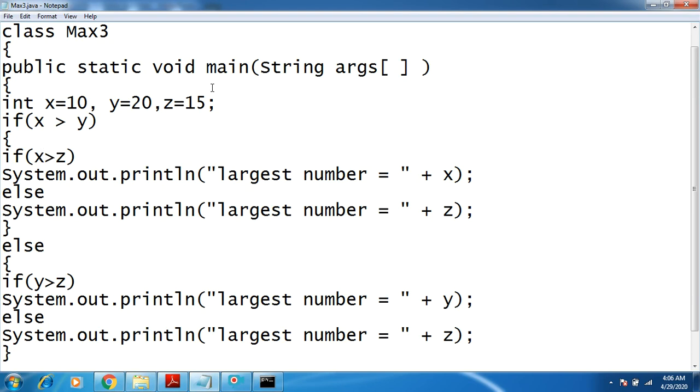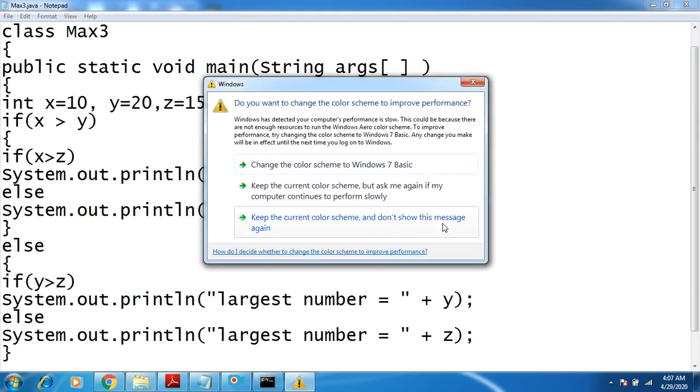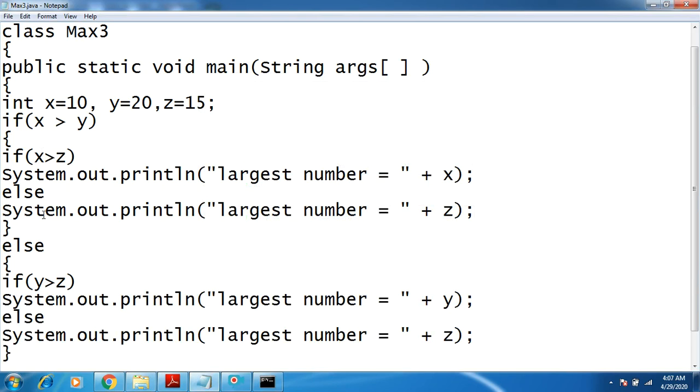Then compare that result value with the third variable, that is z, and among those, whichever is greater, that value you display here, that will be x. If x is not greater, obviously z will be the greater, and that value you will be displaying over here. Suppose the value of x is not greater than y, then y will be greater in this case.